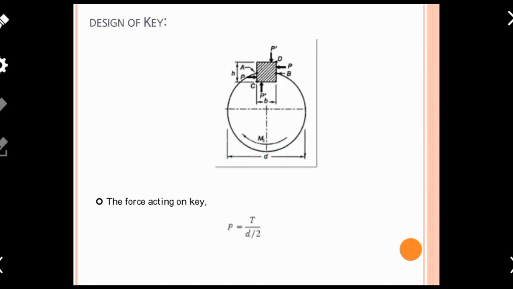And after completion of the types and classification of key, right now we are coming to a very important subtopic, and that is design of key. Dear friends, before starting design of key, one thing that I definitely want to share with you, and that is